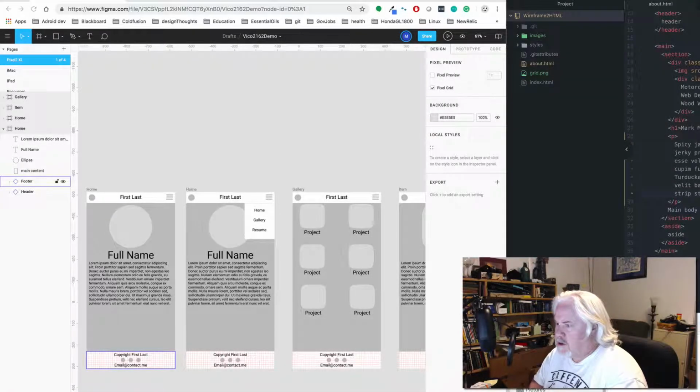Okay, today we're looking at Figma and we're looking at this web design. What we're going to be doing is the header first, and then we're going to do the footer, and then we're going to worry about the center content. Basically, we're creating a template that we can use to continue to work on